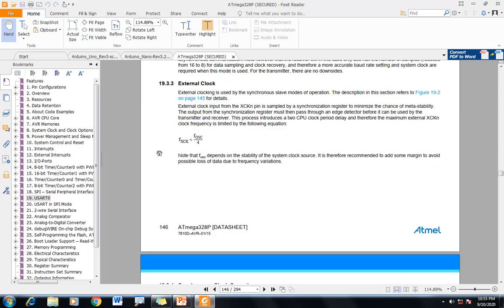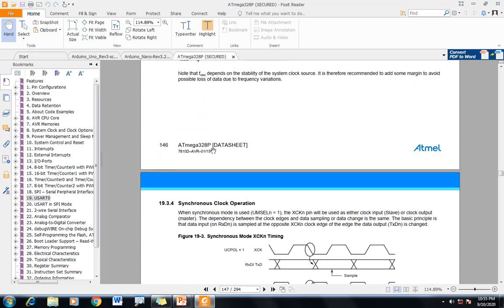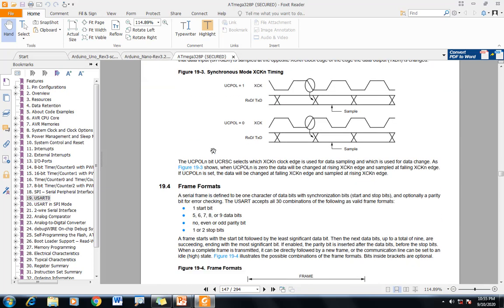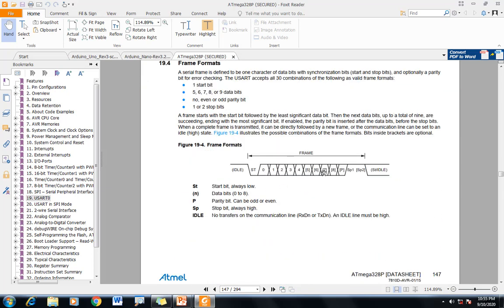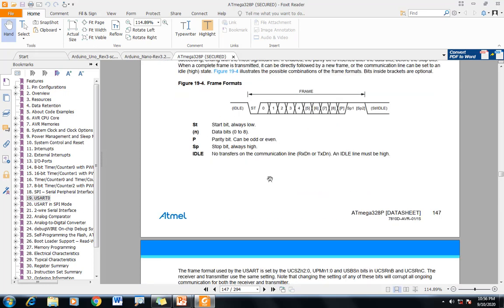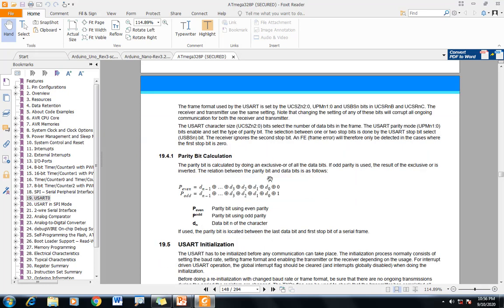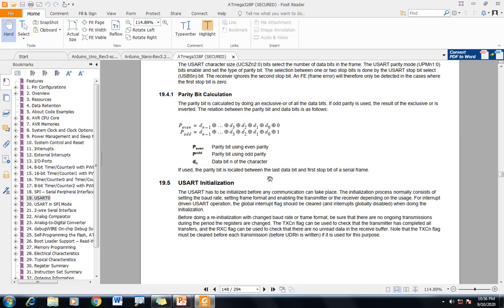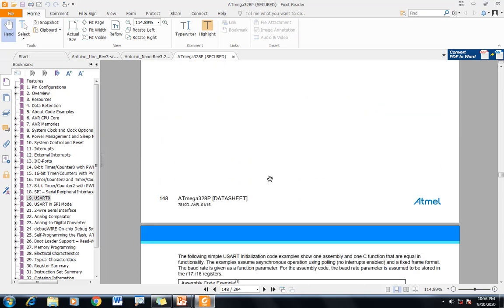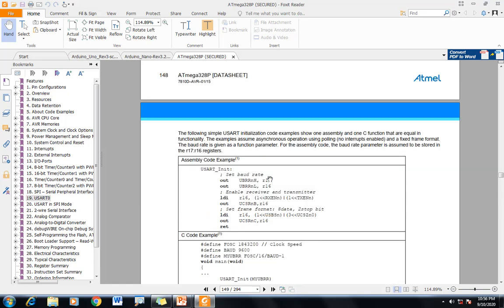If you are using an external clock like an oscillator, how you calculate it, and the frame formats, how exactly the UART frame is formed. I'll explain these things when I take the individual communication protocol classes. We just have to understand how and what information you get from the datasheet.